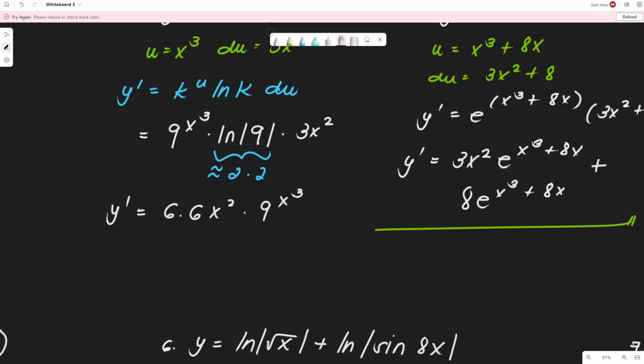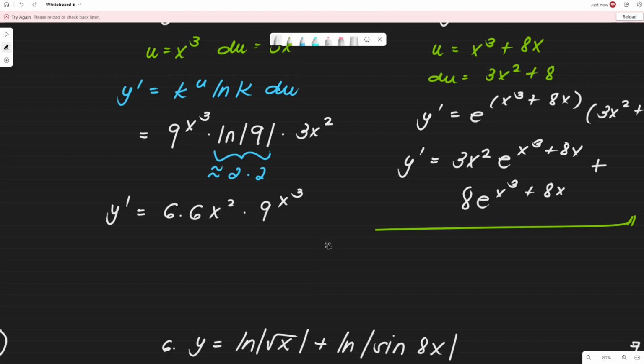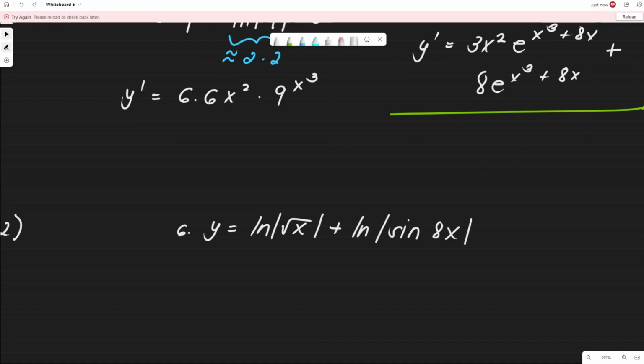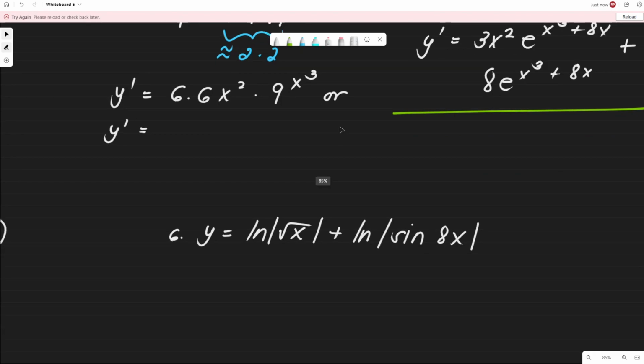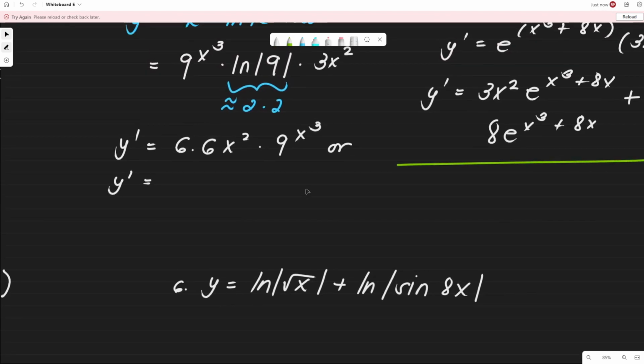Pwede pala. So, what we can do is, for example, sorry. So, we have y prime is equal to, if you do not want to solve with calculator, this is the solution without the calculator, ha? Without the calculator. So, we have